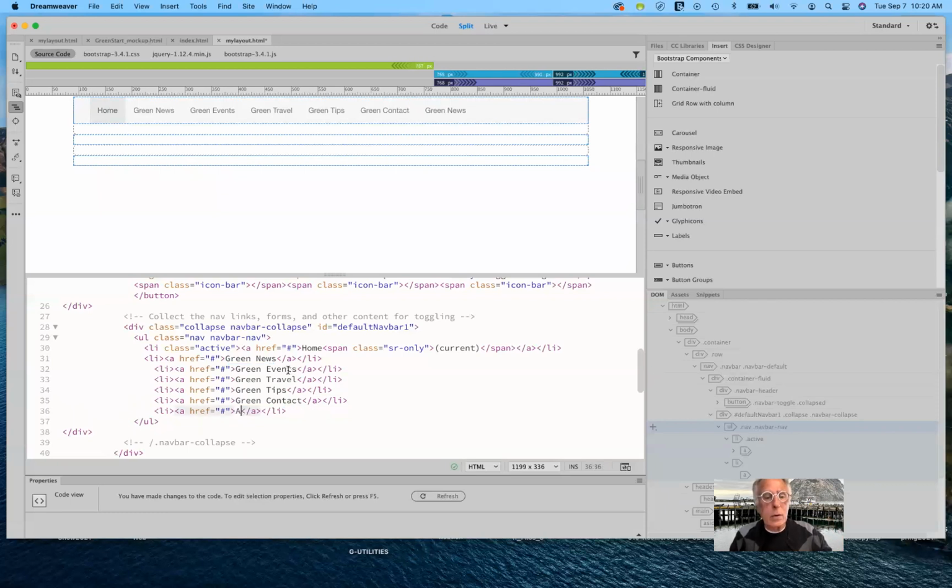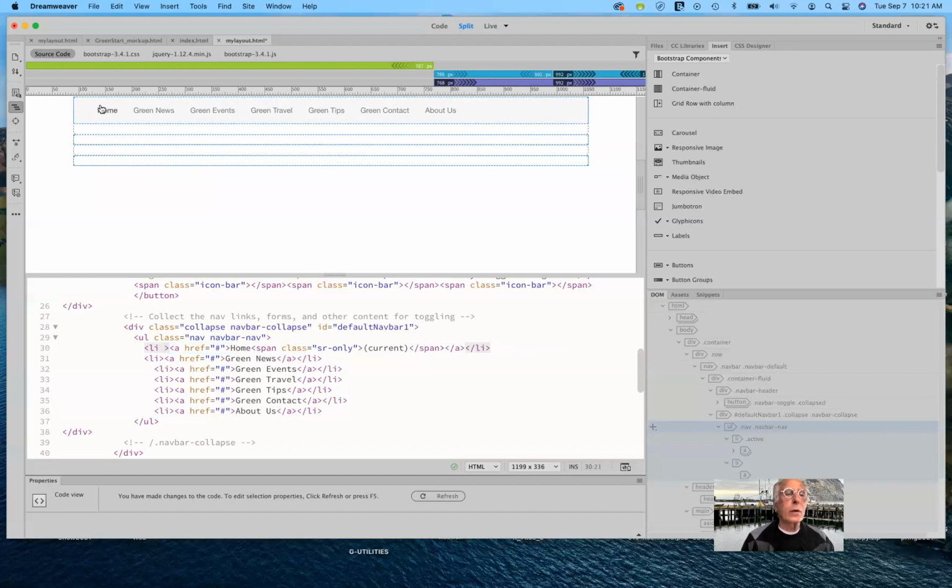Okay, so about us. Okay, so here we go. So now what we need to do is we need to get rid of where it says class active. I'm going to go ahead and get rid of that. But I don't want to get rid of, let's see, I want to get rid of class active, but I want it right before that caret. So if I delete that,